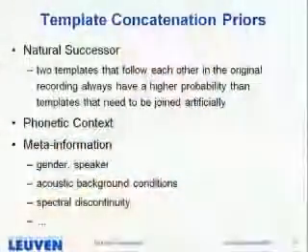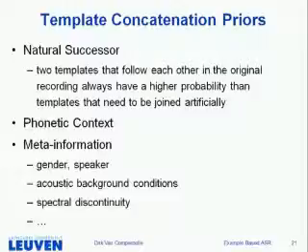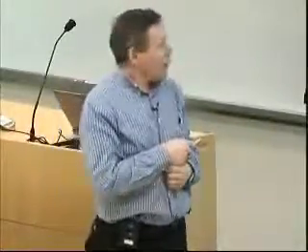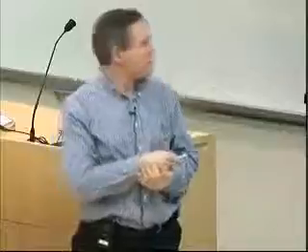all kinds of other things, where you say, I like things to be consistent, like it's more likely that all the templates that I will draw are from the same gender. Why would I start mixing male and female templates? Doesn't make too much sense. It's more likely that they were recorded in the same background conditions. Any abrupt transitions are just unlikely. And I also could look at spectral discontinuity in those templates. All these things are not likely. So template transition costs, yes.